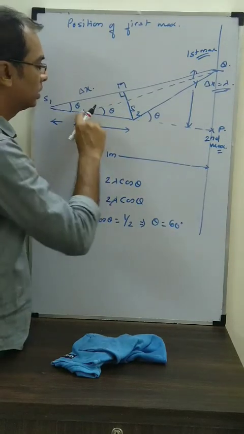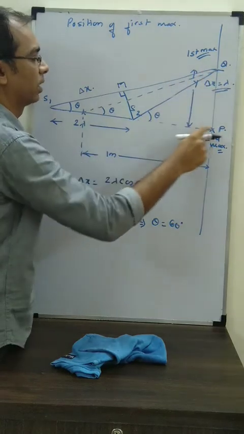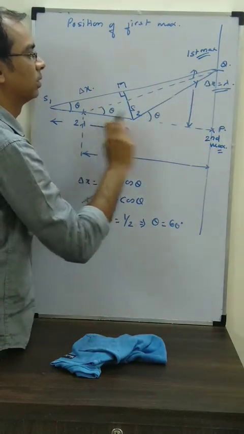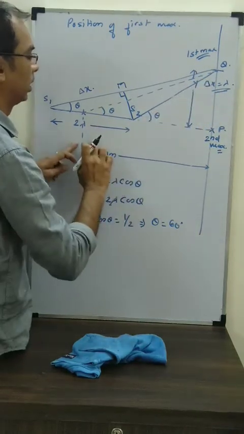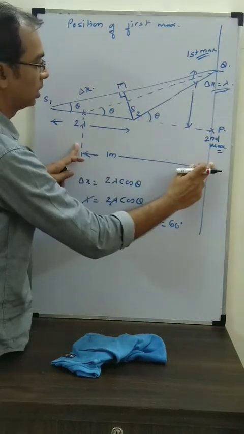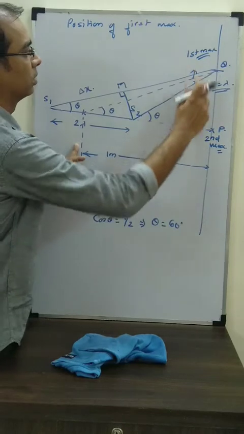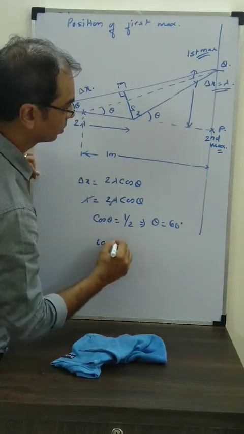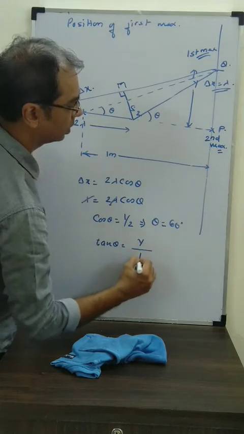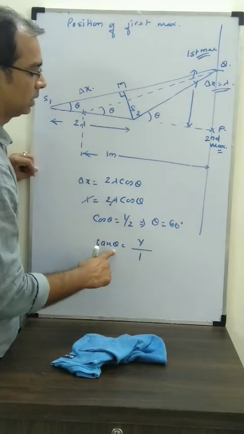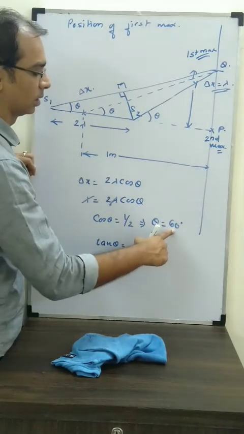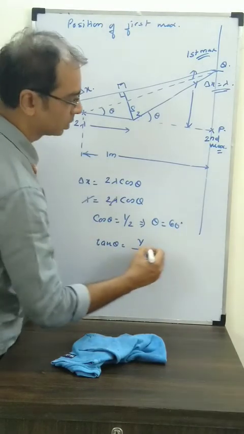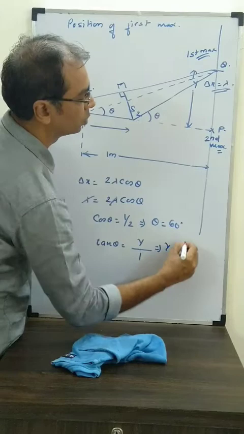Okay. So in this triangle you see, the dotted line triangle, I can say tan theta equals this y by this 1 meter, or d. Tan theta equals y by d. Okay, so we do it here. Y by d, which is 1 meter. Now theta is what? 60 degrees. Put tan 60 over here. Tan 60 value is root 3. So we are getting y equal to root